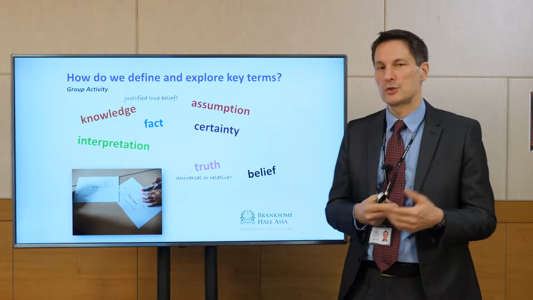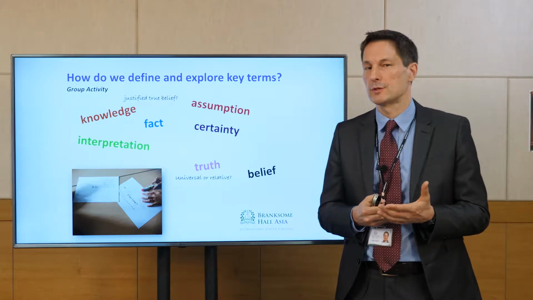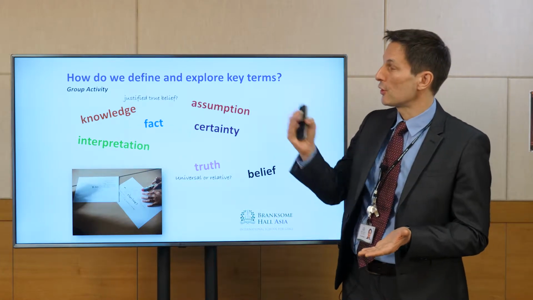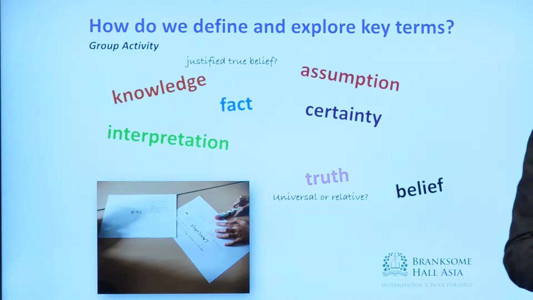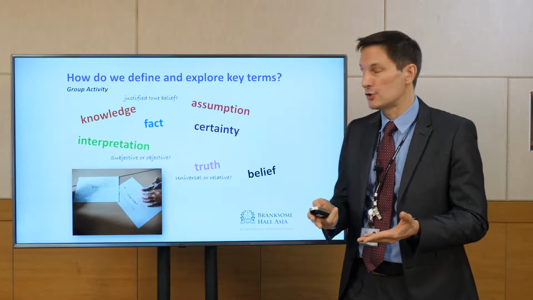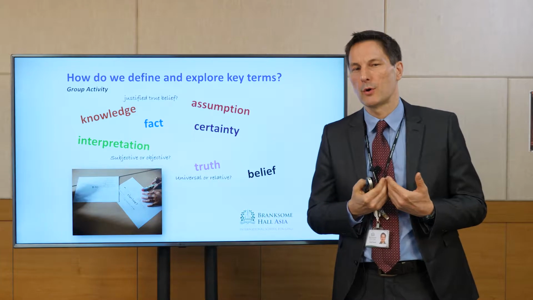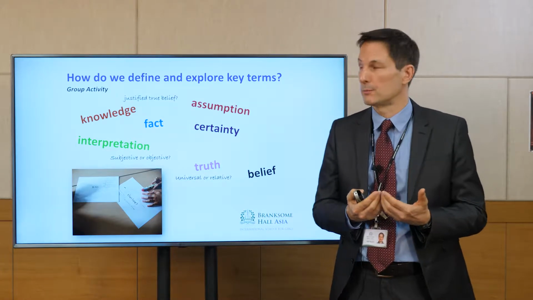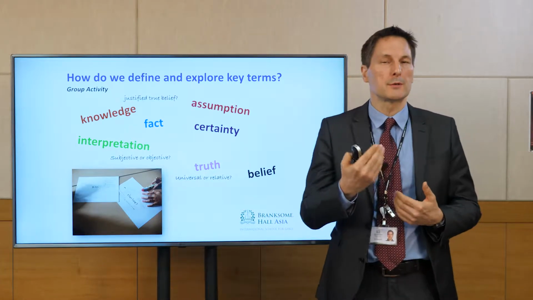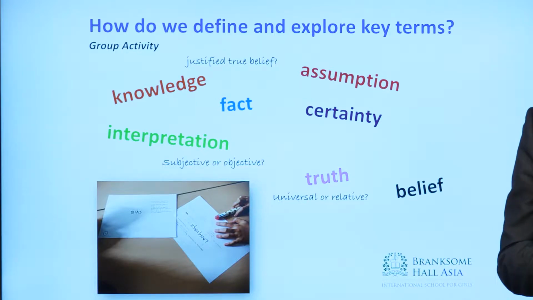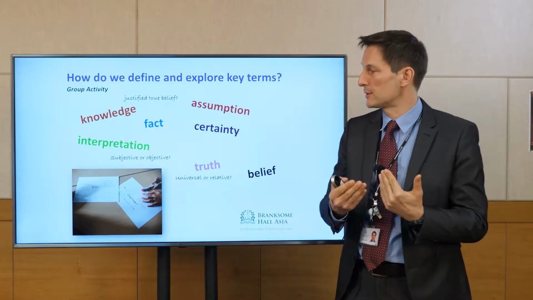So, for example, with students, we'll explore definitions of knowledge, and we'll take, for instance, the Platonic definition, which is justified true belief. For a word like interpretation, well, when you're interpreting a poem or a work of art, for example, you're going to be either interpreting it very subjectively within yourself, or you can also interpret it objectively. So there are different ways to interpret something.